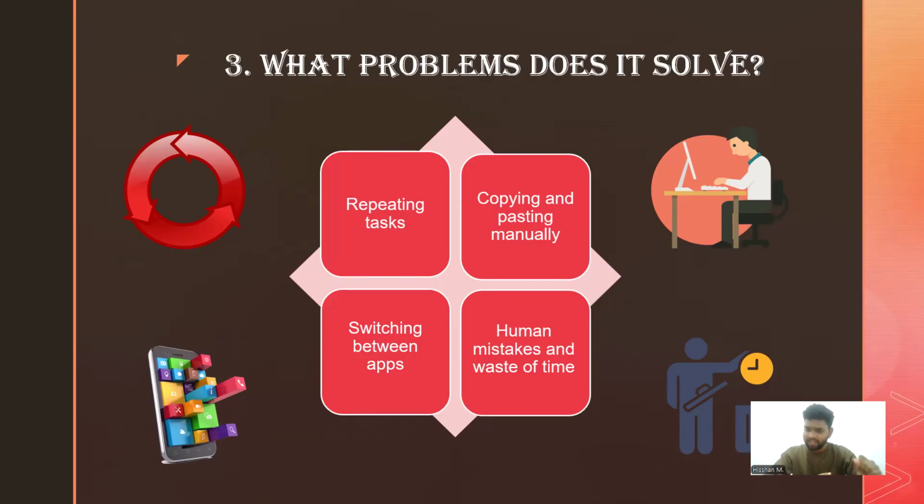So just by a click, it does all these in a matter of seconds. And copying and pasting, you just have to copy the question to ChatGPT, then get the answers, write it in a different paper and send it, right? It does it all easily, can you see? And switching between apps, like I just said. And human mistakes, if you do the paper, you will have errors, but if ChatGPT does it,